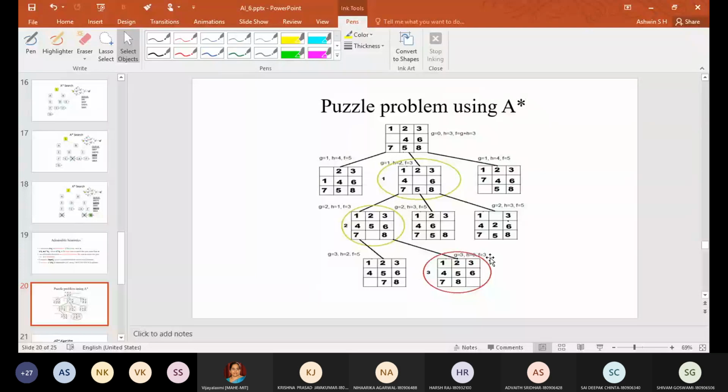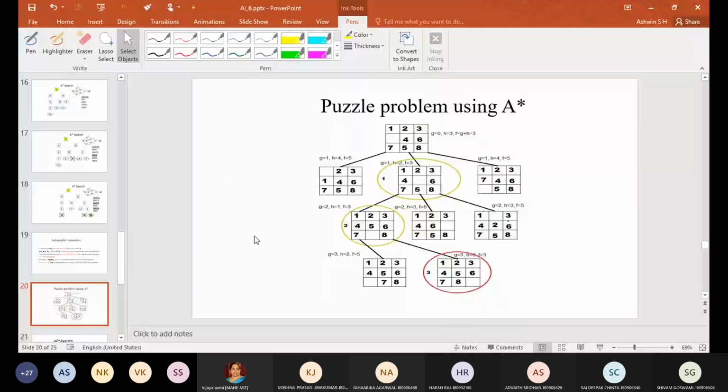This is a problem all of you are familiar with. Let's see, even to solve this problem this algorithm can be used. I will just explain, I will not solve it, I will tell you how to do it. You can try later. So this is my initial state, this is my goal state. In the goal state, all these tiles should be in their place, 1, 2, 3, 4, 5, 6, 7, 8, with the space being here. The initial state of this puzzle is 1, 2, 3, 4, 6, 7, 5, 8.